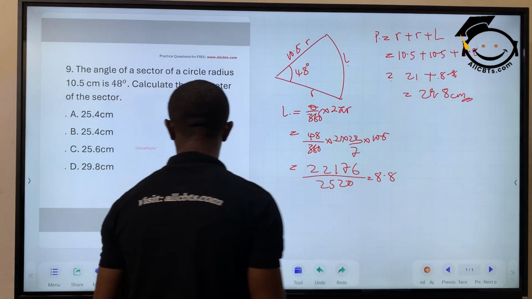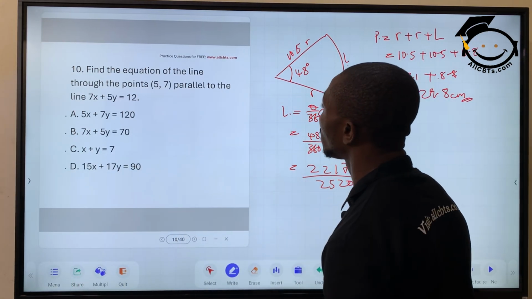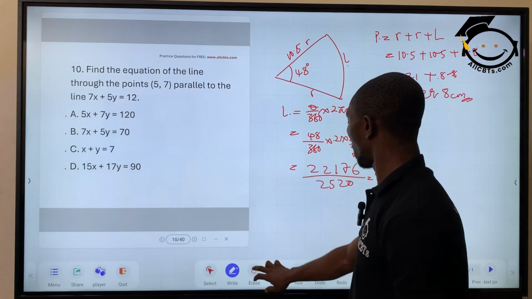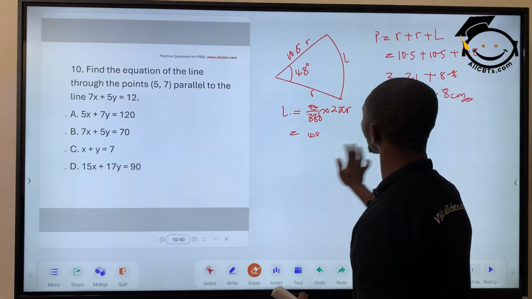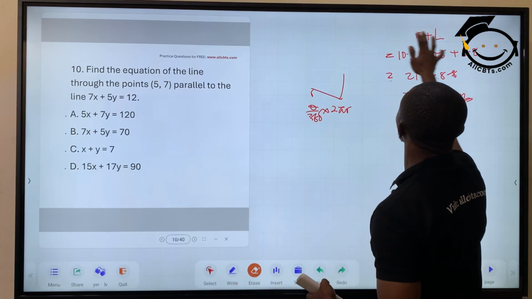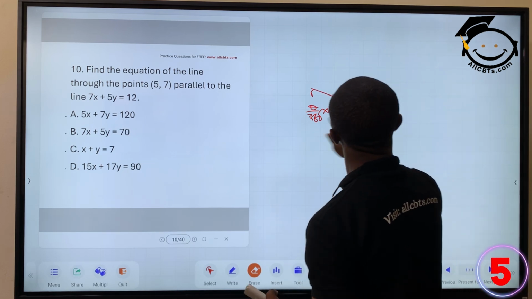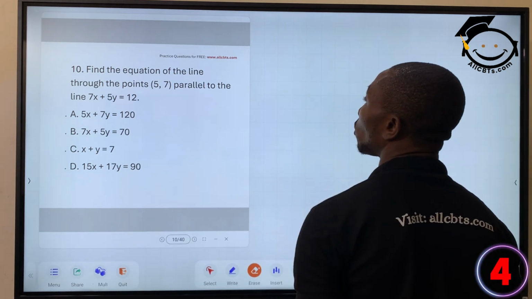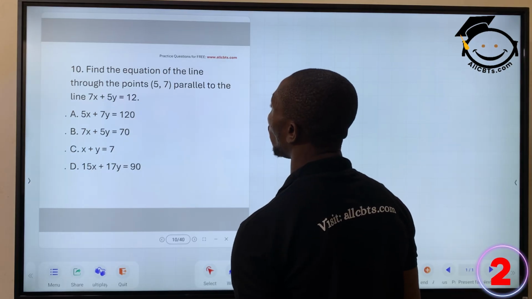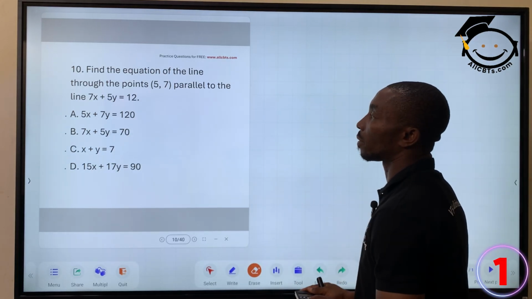Okay, so our next question, it says, find the equation of the line through the points 5 and 7 parallel to